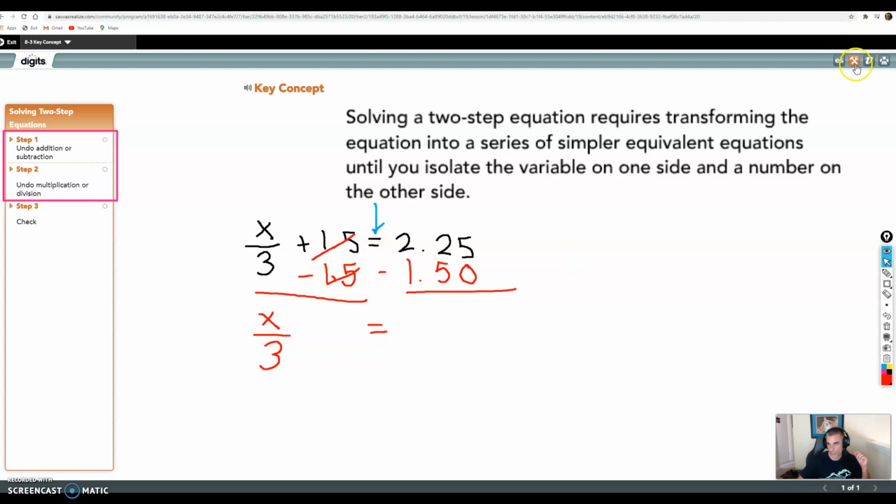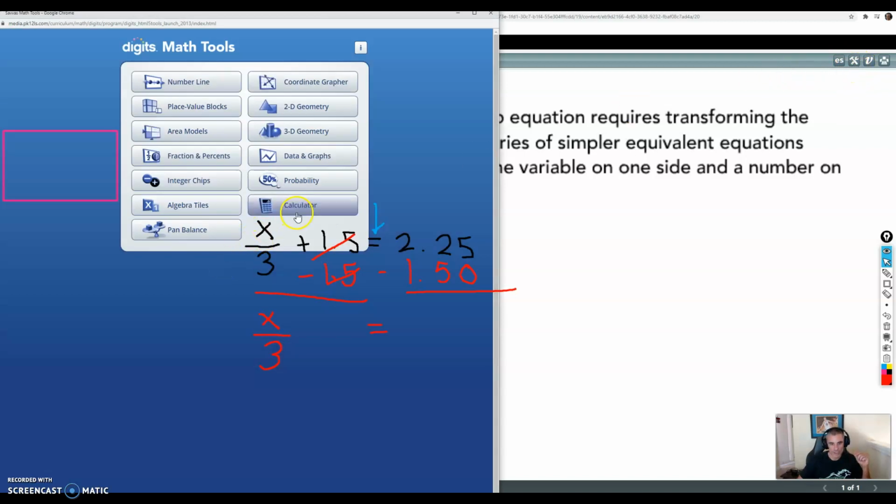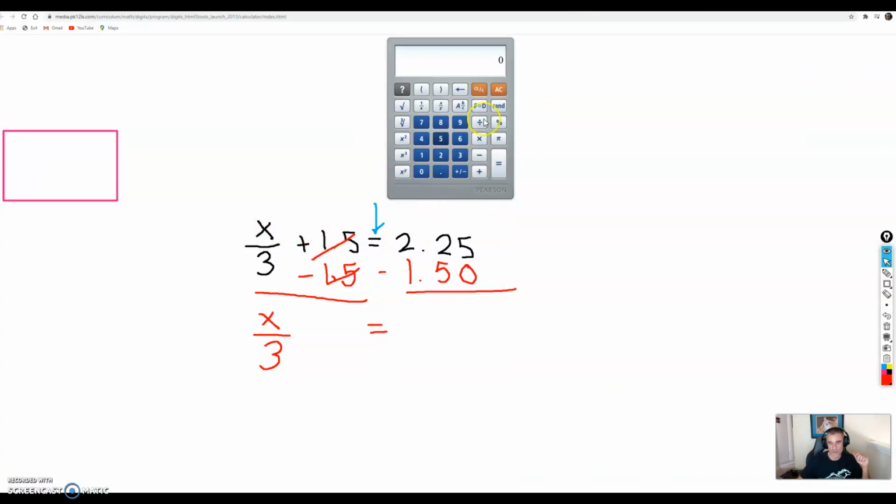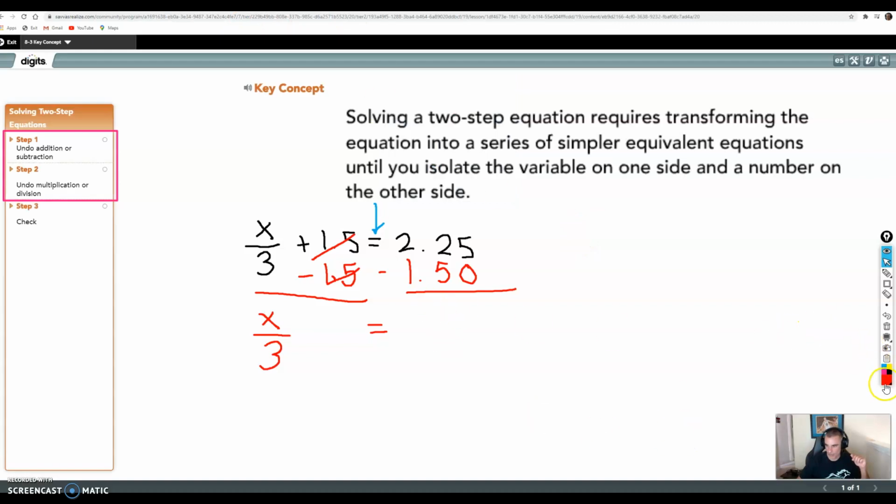So remember, the calculator is up here in the toolbar. If you click on it, there it is. It actually brings up a whole new page, which you may or may not like. I'm going to do 2.25 minus 1.5, and that equals 0.75. So if you look closely at what we have left now, that's a one-step equation like we solved in